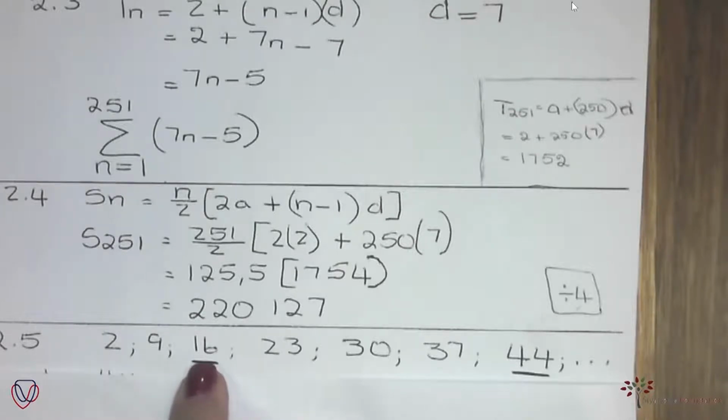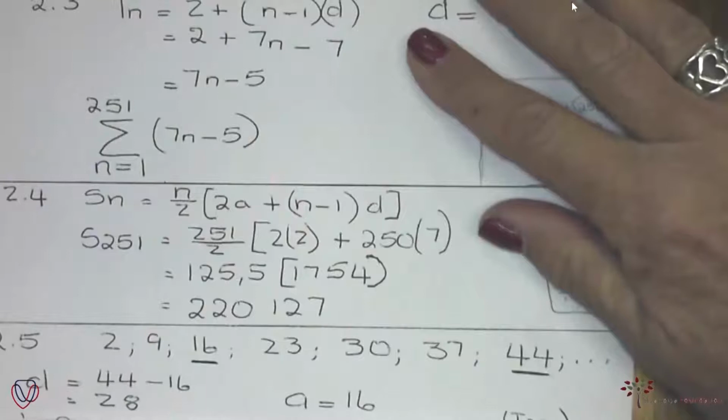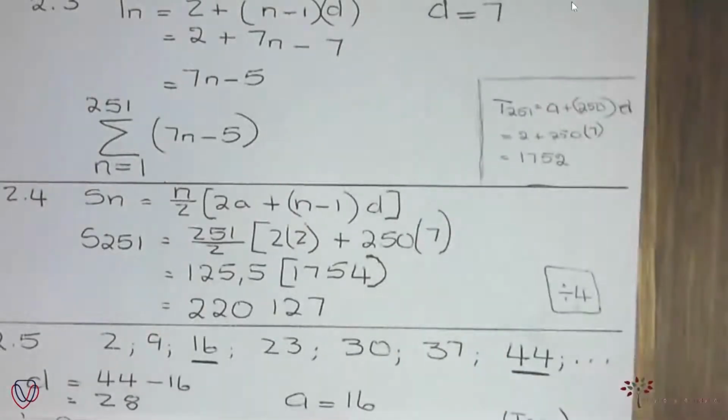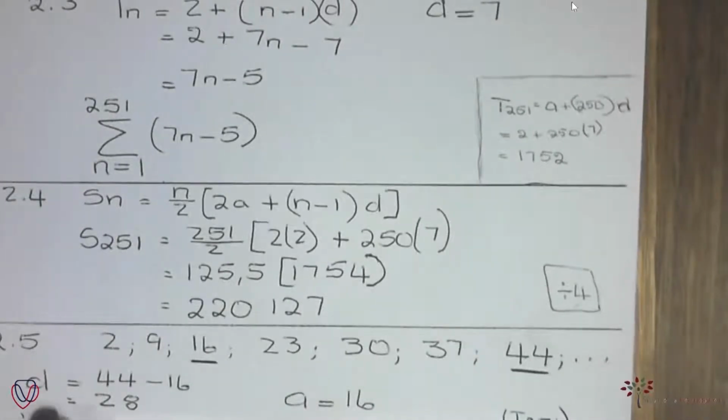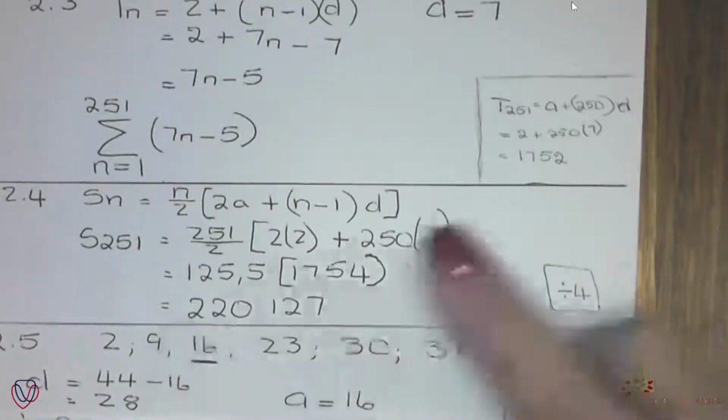The first term will be 16, the next term will be 44, and the next term will be whatever. But 2 is enough because if I've got 2, I've got A, I've got D, which is 44 minus 16, and now I'm going to work with a new sequence there, that one. 16, 44, going on like that with a difference of 28, so the next term will be 72. So I will have D, I will have A, which is 16,